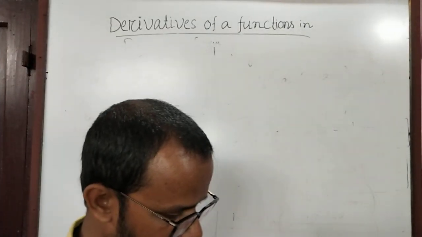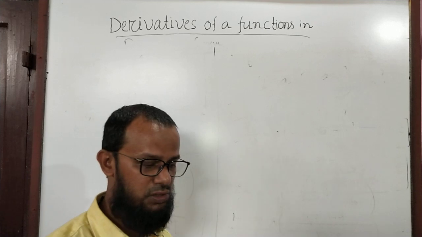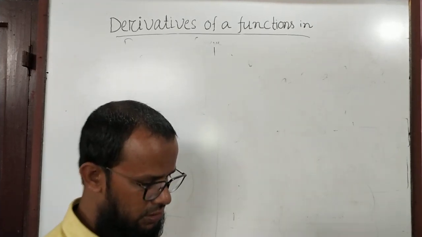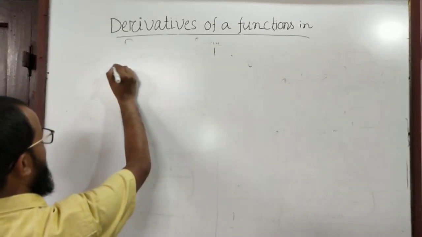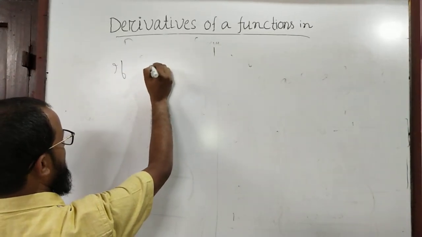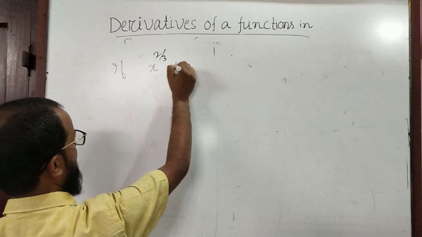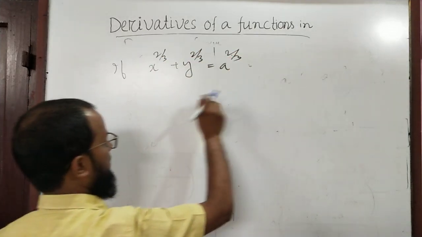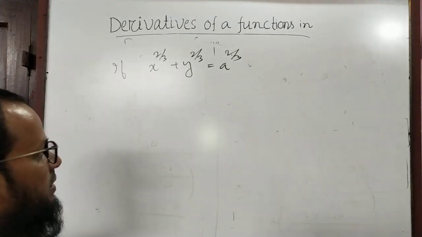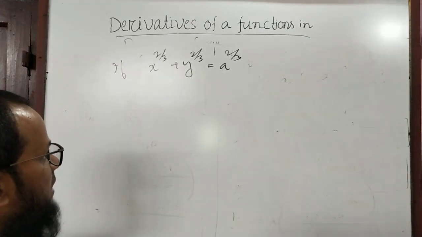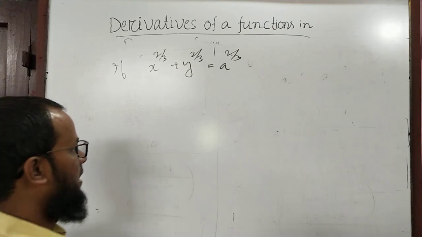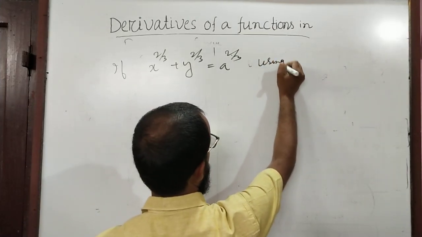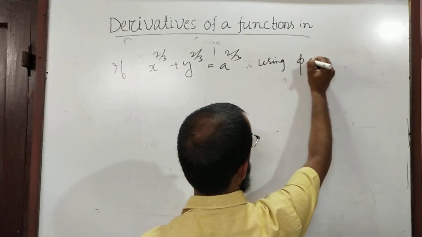I am going to discuss a particular problem related to this topic, which is a little different one. The question is that if a relation is x to the power 2 by 3 plus y to the power 2 by 3 is equal to a to the power 2 by 3. This relation is in implicit form, that is Cartesian form. The question is, using parametric form,